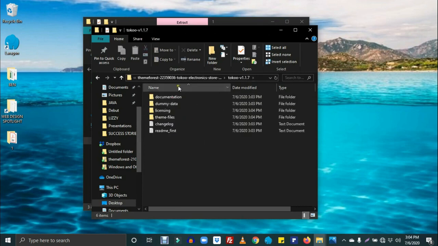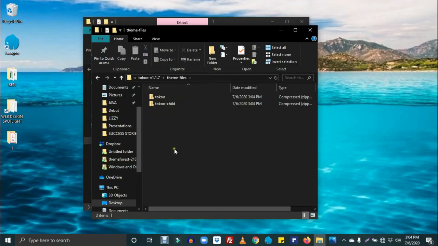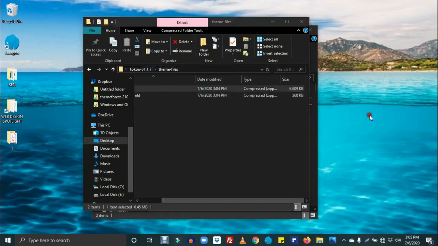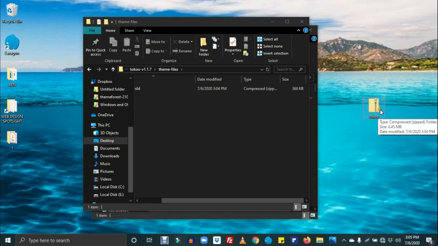If you open it, you see various folders and files. What we are going to upload is inside the theme files. So open the theme files folder. You see 2 main zip files here. We have Toko and Toko Child. We are going to use the first one, that's the main theme, and this is the child theme. So we are going to install the first one. So you can just drag and drop it on the desktop so that you can have easy access to it. This is the name of it so that it will be easier to locate when we want to do the